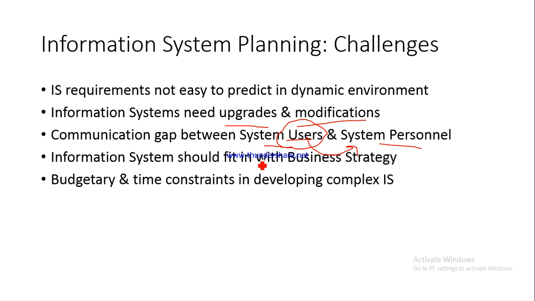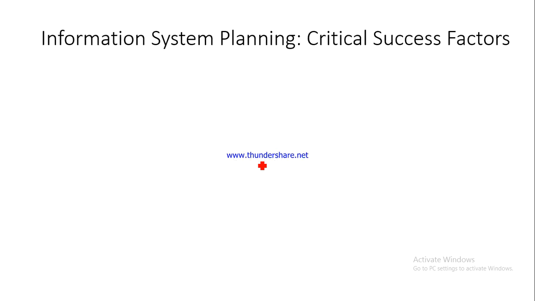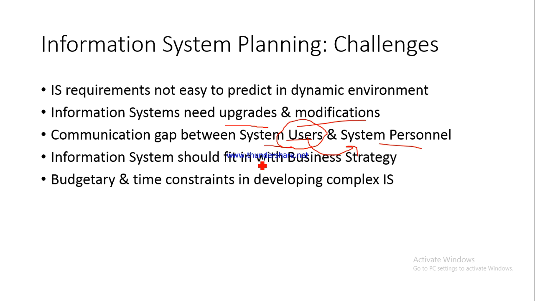There has to be training provided to the users. There has to be training provided to the ones who would be actually entering the data into the information system. So you require some time, and naturally there would be a lot of cost involved also, and that is why this again is a challenge for information system planning, right? Now let us talk about the critical success factors in information system planning, and most of them would flow from our discussion here, right?